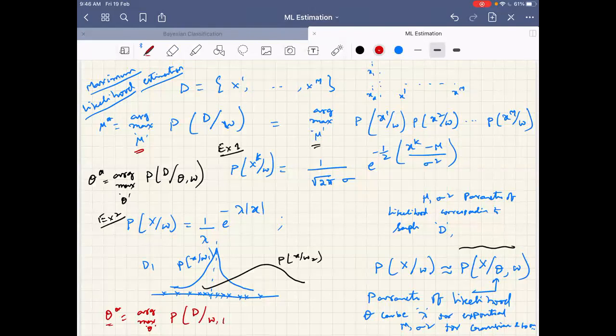Okay, and then write explicitly the function of theta with which you want to estimate, with respect to which you maximize. Now, since this is more dominantly shown as parametric in theta, people even skip this omega and write P of D given theta.